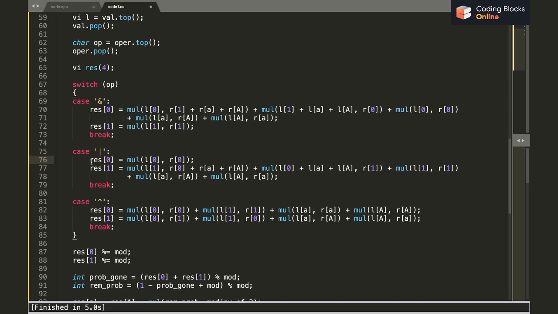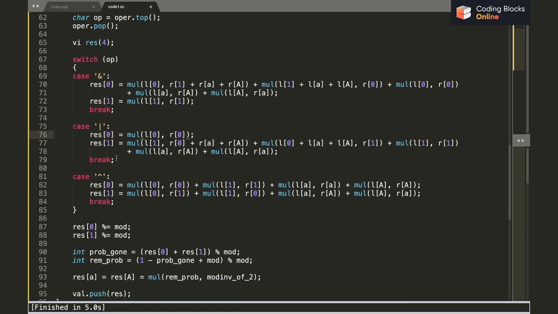If any one of them is not 0, then the OR value is going to be the other value, right? So I'll just multiply L of 0 and R of 0, and for the result to be 1, I just want at least one value to be 1, right? So similarly, we'll just consider all of the cases in this way.